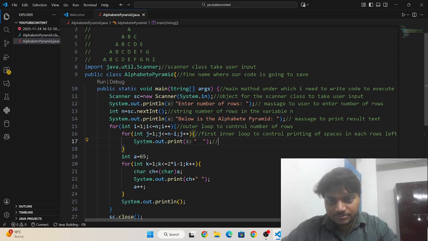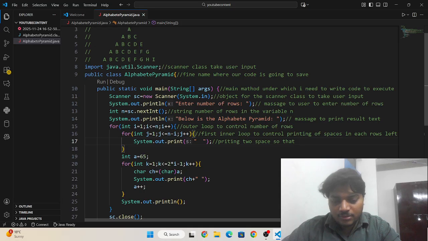here, what is this, we are printing space to space, so that the pyramid looks clear and in line.